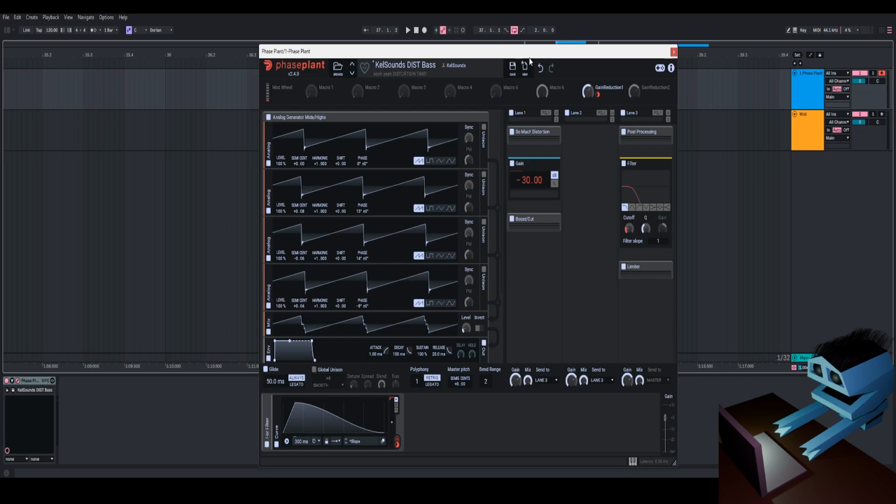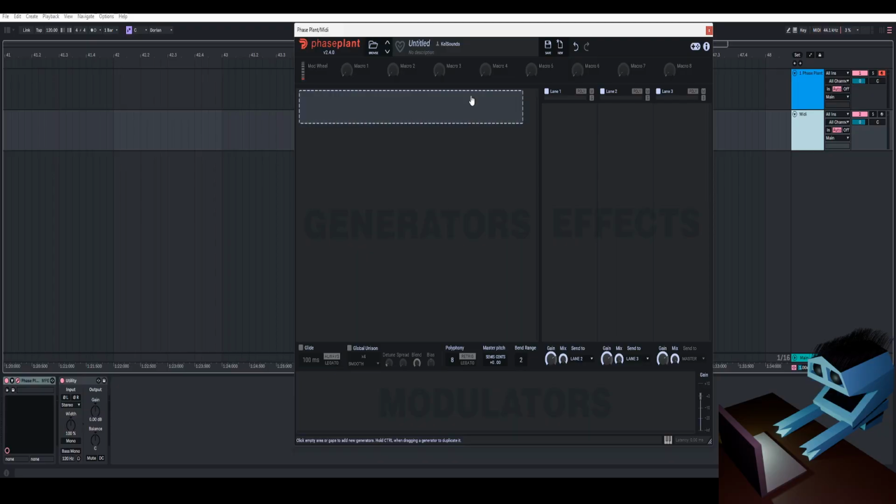Let's create this sound in Faceplant. Okay, so the first thing we're going to do is grab an analog generator, and then we're going to duplicate